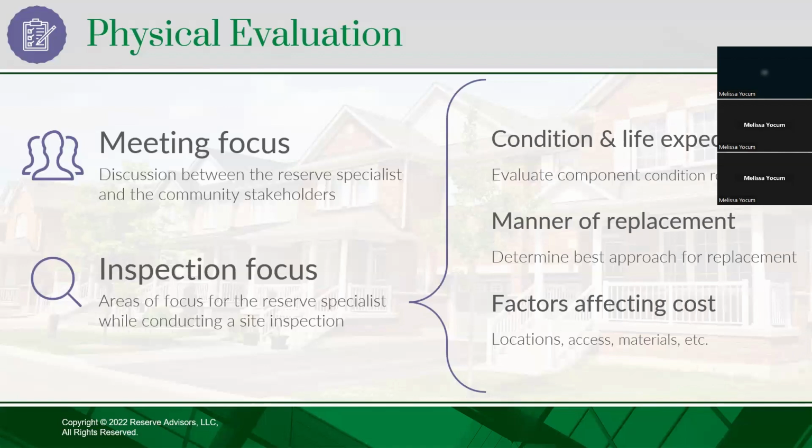Or what does access look like? If it's a small retaining wall right along the parking area that's really easy to access, much easier job than a really large retaining wall tucked back behind a home along a conservation area where it's really difficult to access and get equipment back there, right? Those are going to have very different costs. So during that inspection, the engineer is evaluating all these things to try and come up with the most realistic replacement cost or capital repair cost possible.